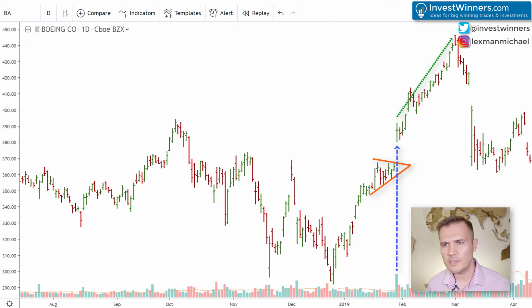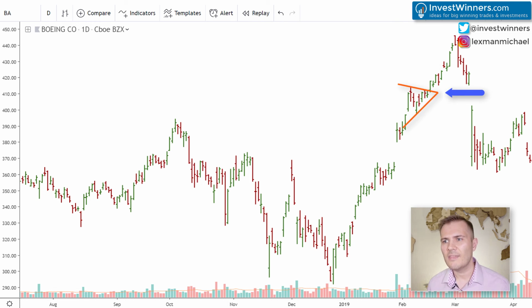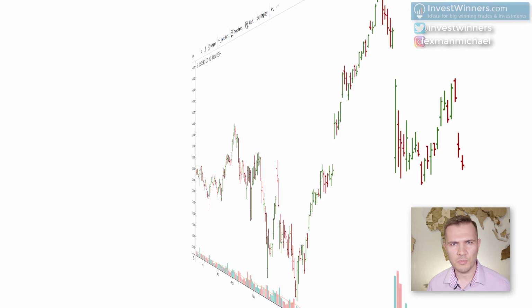The rule I follow myself and teach the members of my website investwinners.com is to either completely close the position before the earnings report or significantly reduce the position by leaving a small part if you have good reason to believe that the stock will move in the right direction. That is why I bought Boeing stock only after the report's publication at the breakout of the next pennant and closed the position at almost the high point of this movement with a great profit. This is how it is done in real-world practice, and my system is focused on such trend movements.